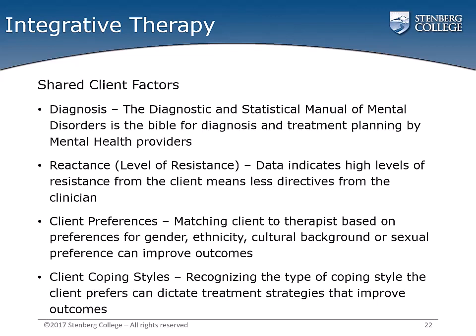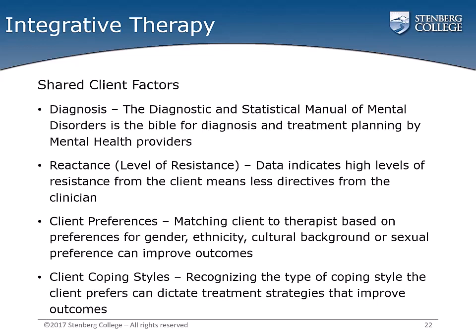The first shared client factor we will look at is that of diagnosis. The Diagnostic and Statistical Manual of Mental Disorders is the go-to manual for diagnosis and treatment planning by mental health providers. The diagnosis, however, is insufficient for the development of a successful treatment plan. As well, we are cautioned to be careful around the clinical training and qualifications needed to actually deliver a diagnosis and not let the diagnosis itself exclude other factors such as the client's strengths when formulating a plan for treatment.